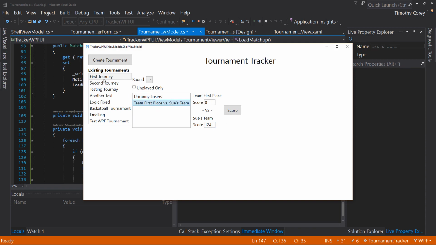And now if I select, for example, this one in first tourney, Sue's team actually has a score of 124 versus Uncanny Losers has a score of 1. So we know that scores are coming through, but that checkbox still isn't working. So it looks like